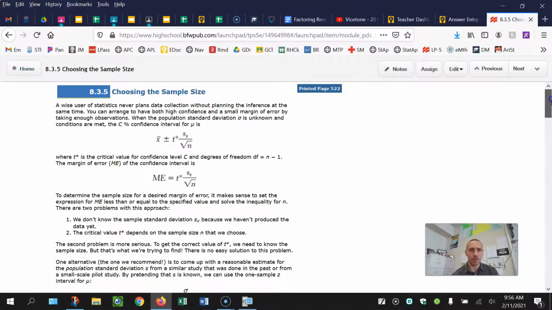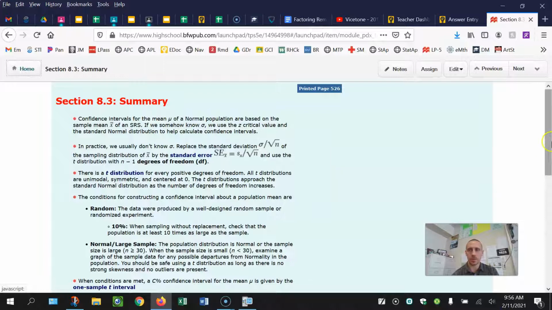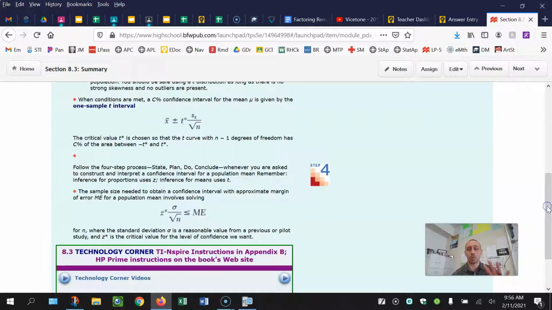This is no longer part of the AP curriculum, so you don't need to do that. And summary. So we use the t distribution because we don't know the population standard deviation. We have that extra variability because we're estimating 2 things. So we have this whole new distribution. It has n-1 degrees of freedom. We check our 3 conditions. We construct a 4-step process for the one sample t interval, and you don't have to do this sample size